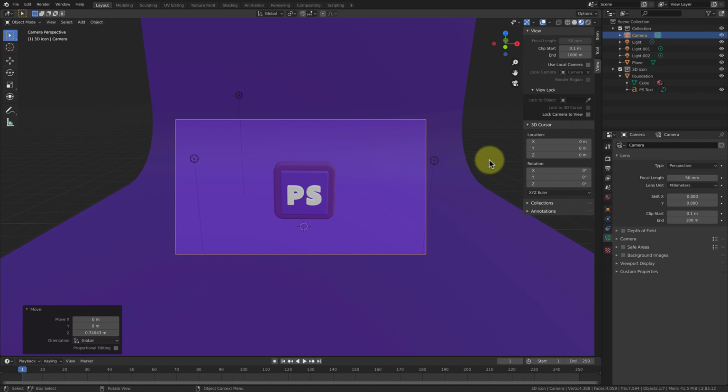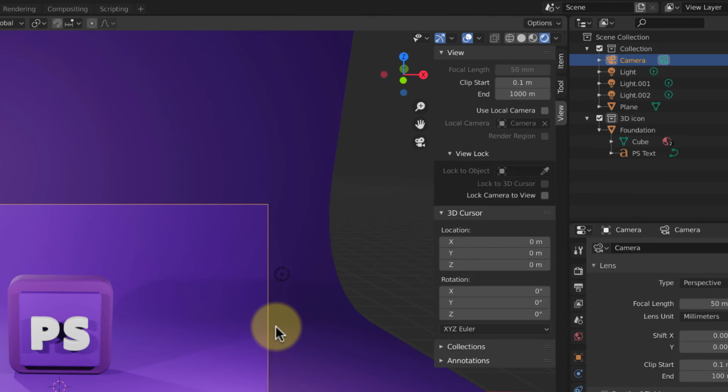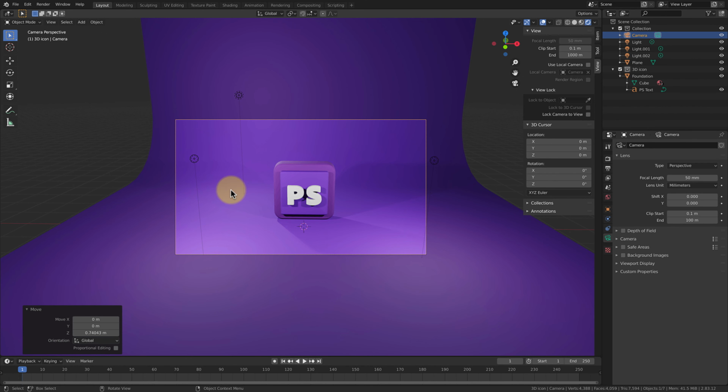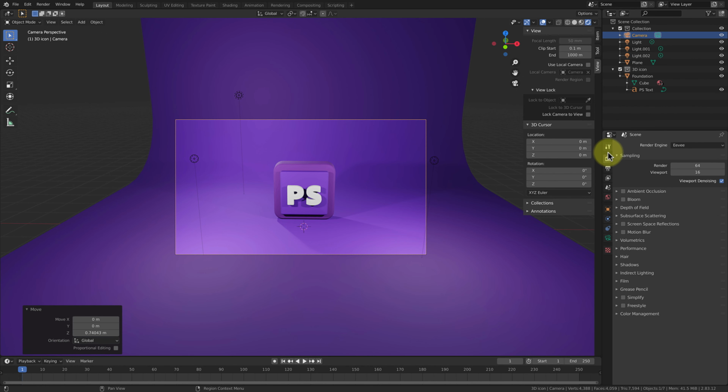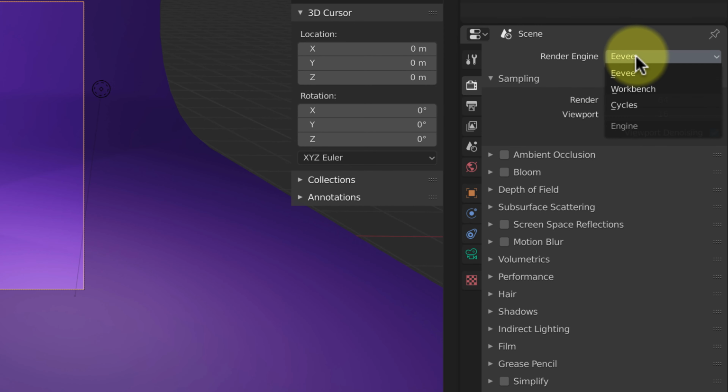So now we have almost everything done. We can take a look at the rendering, and after we take a look at the rendering, we can see how we can adjust the light to make it look better. So now you want to go to this rendering mode, and this will allow you to see what the rendering looks like. We want to go to the rendering settings, this little camera icon, and then for the render engine,